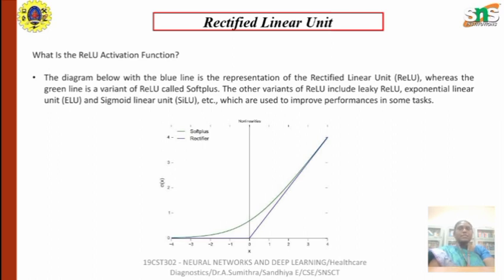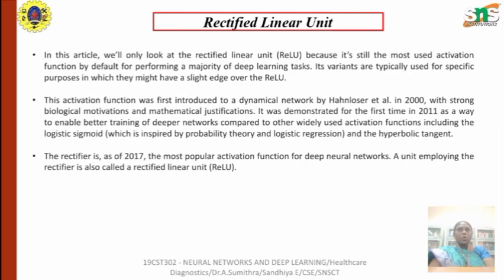The graph of this rectified linear unit resembles a ramp with a sharp turn at the origin, (0, 0). For a negative input, the function outputs 0, and for a positive input, the function outputs the input value itself. This simple thresholding operation makes the rectified linear unit computationally efficient and suitable for training a deep